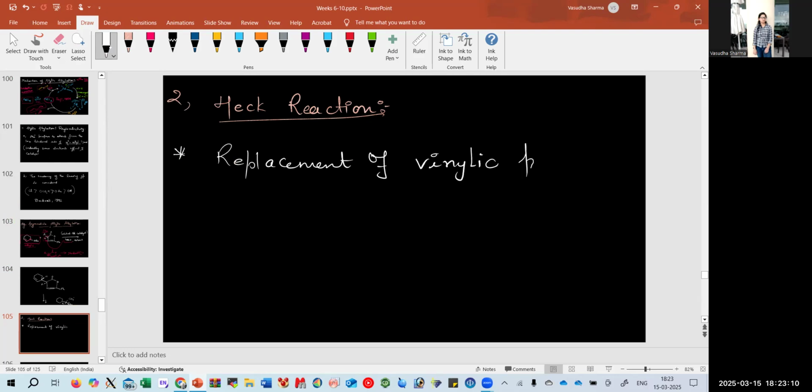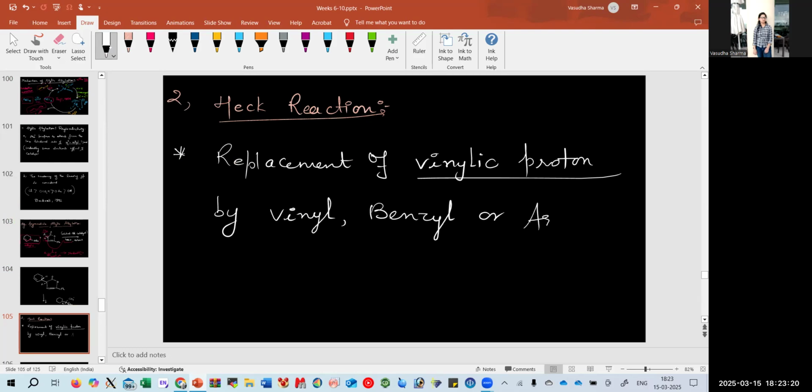Now here, the vinylic proton would be replaced by either a vinyl group, benzyl group, or any aryl group. Say, for example, we have this, so this is your vinylic site,